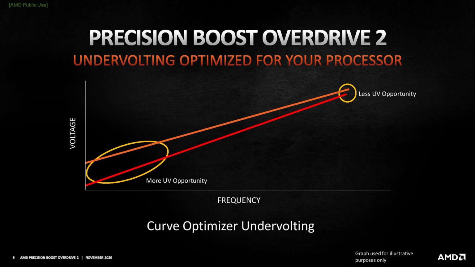So what I did was I enabled PBO2 and enabled curve optimizer. Through curve optimizer, I was able to decrease the voltage of the CPU at a particular frequency. Power is voltage times current, so when you decrease the voltage, naturally your power consumption reduces. That's what this graph shows. The first line is the default PBO and the second line is the PBO curve optimized. In the first line the CPU needs a higher voltage to achieve the same frequency, but on the second line it reaches that same frequency at